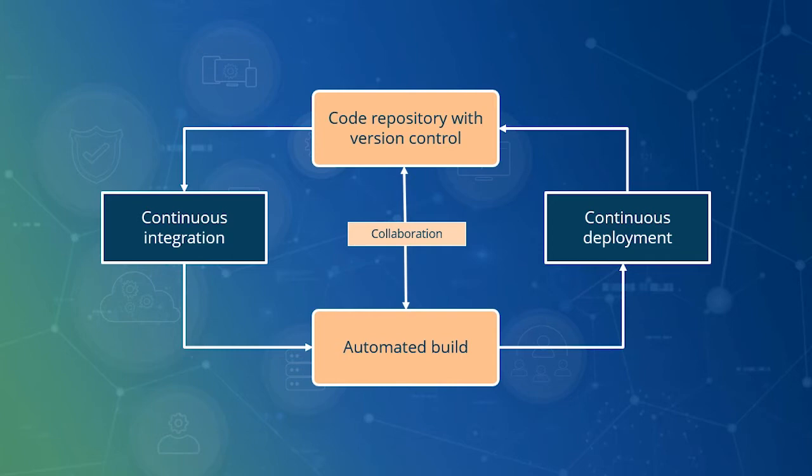We have continuous integration where we can adopt the Agile approach. It is mainly concerned with code repository along with version control and the steps that we involve for development and testing. Then we have to talk about automated build, which is a core activity that we adopt in DevOps. Automated build ensures that once the code repository is provided with some code, it starts or invokes the build process. Combining the power of automated build along with code repository commits, we can implement a process called continuous deployment to ensure that all deliverables are made available in testing and production environments.